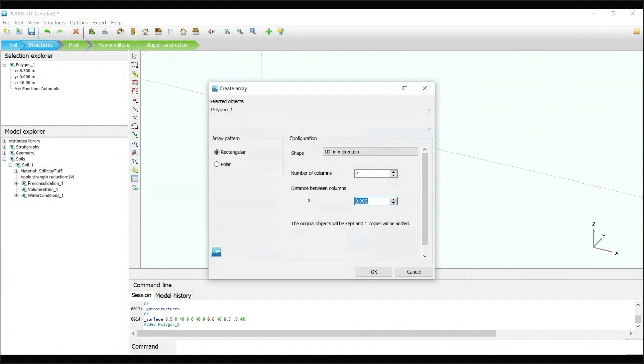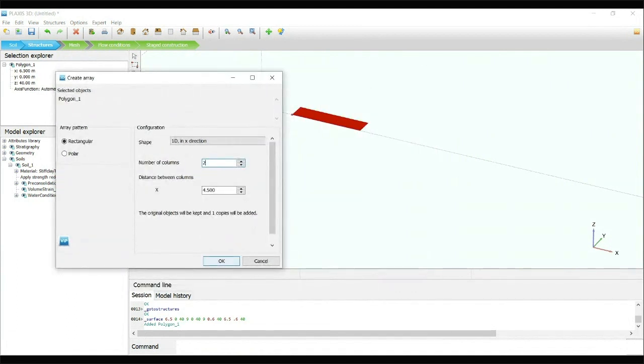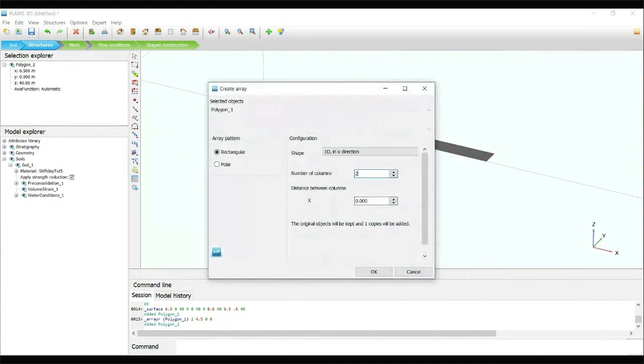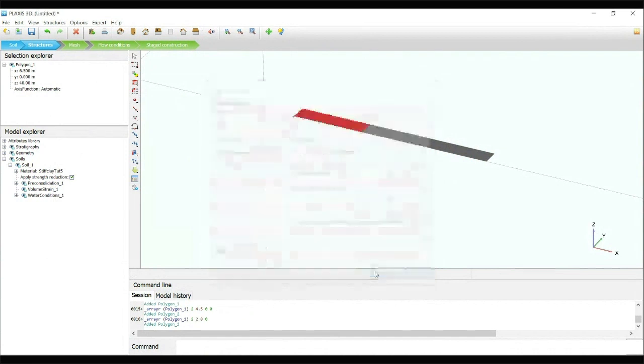Total another 2 meter. Total I consider 4.5 meter. Okay, second segment. So number of copies, it is 2. So now there are 3 segments. Again I made another copy, that is 2, and it will be 2 meter distance. Okay, this is the second part.